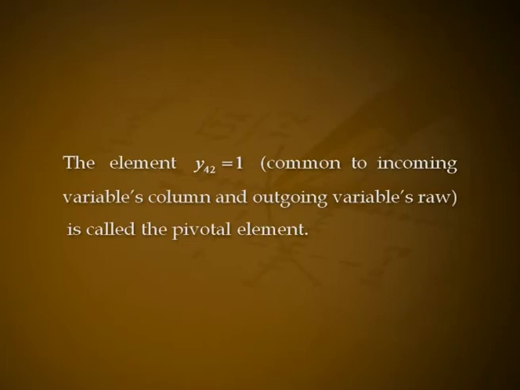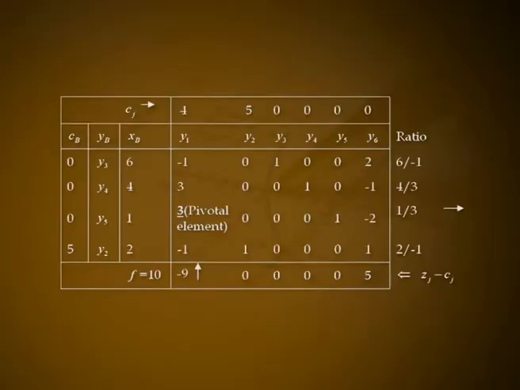The element y42 equal to 1 common to incoming variable's column and outgoing variable's row is called the pivotal element. Step 3. Introduce the new variable x2 as basic variable and eliminate x2 from the first three equations with the help of the last, using some elementary row transformations. For this, make the pivotal element 1 if it is not, and by some row operations make all other entries in the column of the pivotal element zeros. Now, we get the second iteration table as